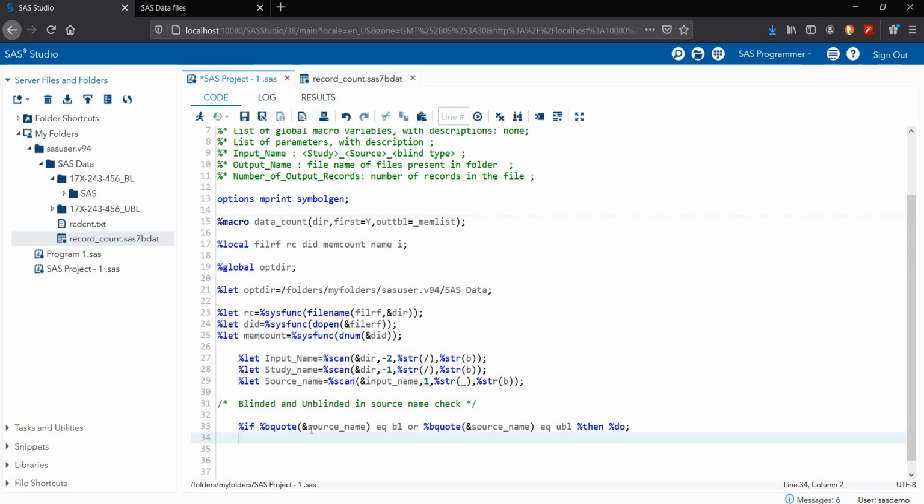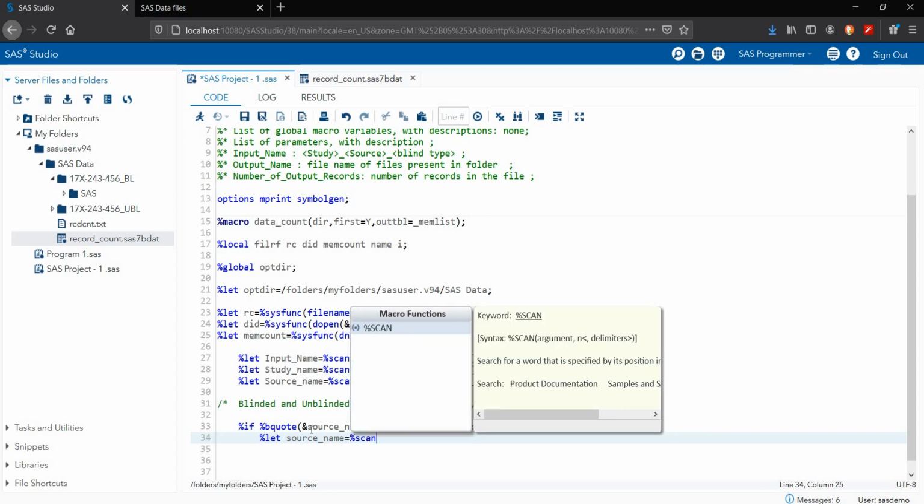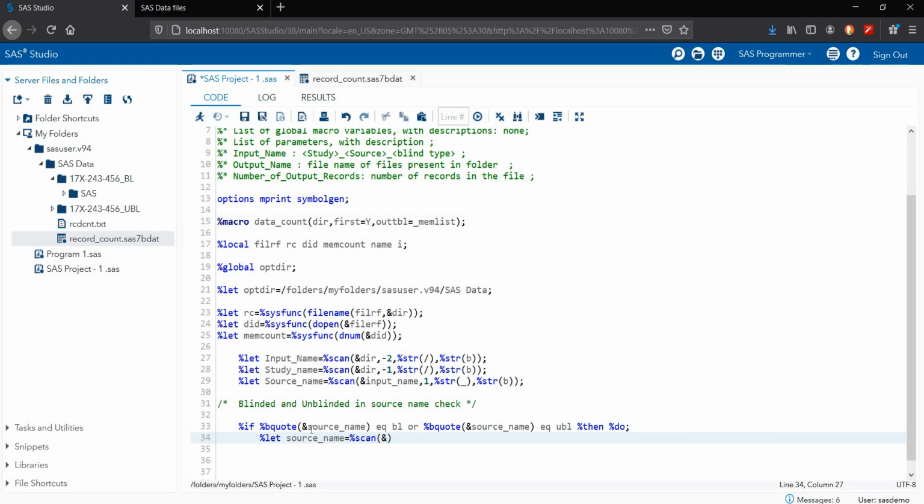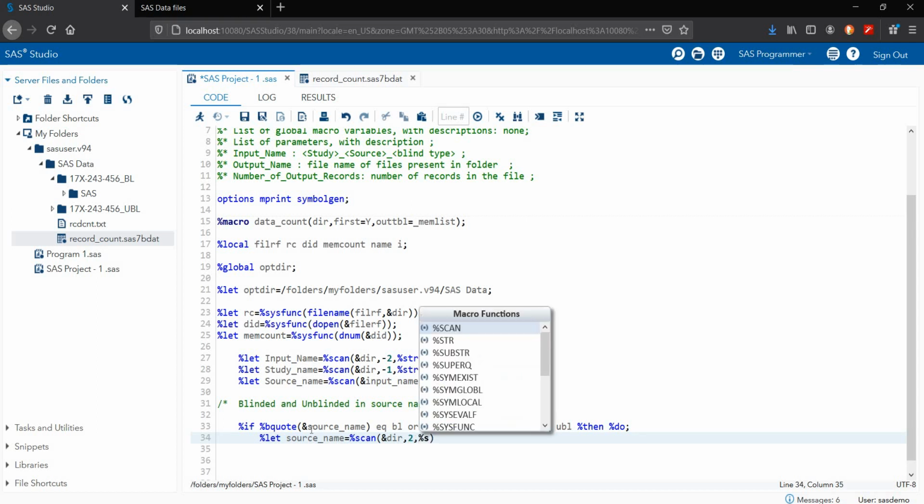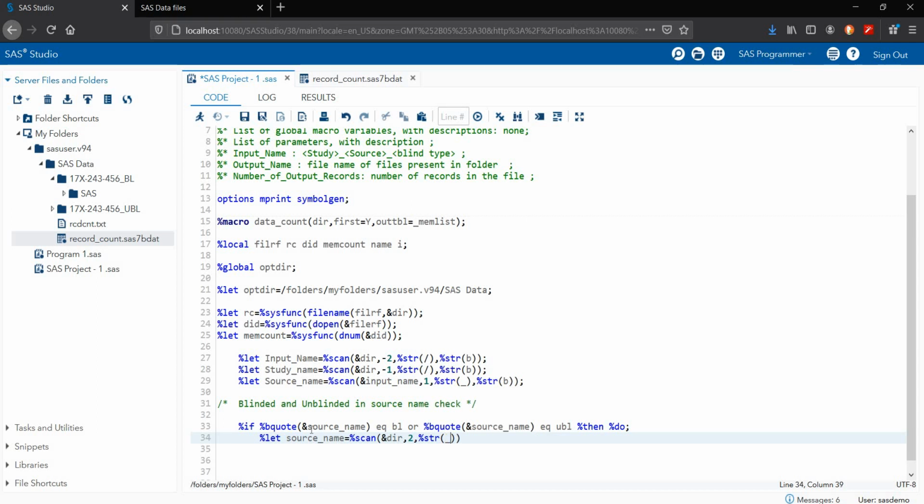If this is BL or UBL, then what we need here is %let source_name will be %scan dir, 2, comma %str underscore, comma %str b, from the backward, so this is the reason I wrote it.